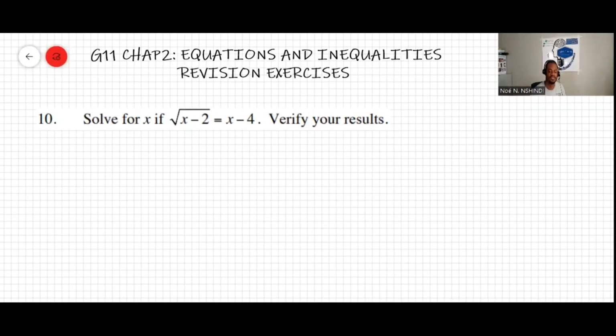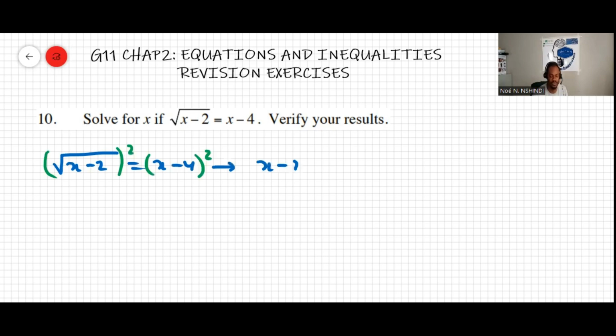Well, the question says solve for x if this expression is equal to x minus 4. Verify your results. So we have the square root of x minus 2 equal to x minus 4. In a situation like this, we need to raise both sides to the power of 2. Okay, and then that will make x minus 2 equal to x minus 4 times x minus 4, because the power of 2 will cancel this root. That will be x minus 2 equal to x squared minus 8x